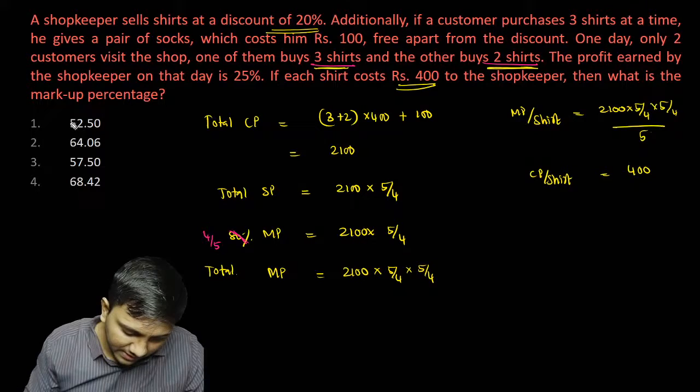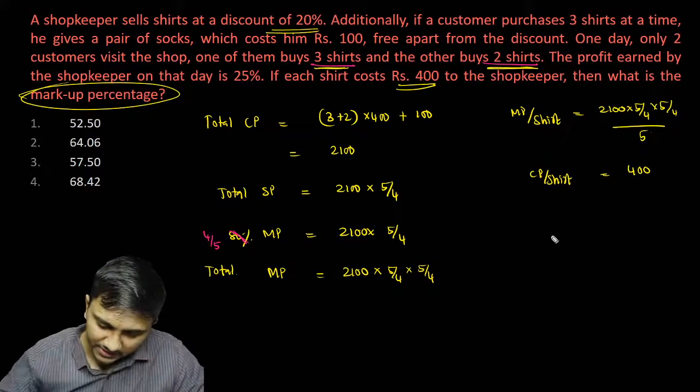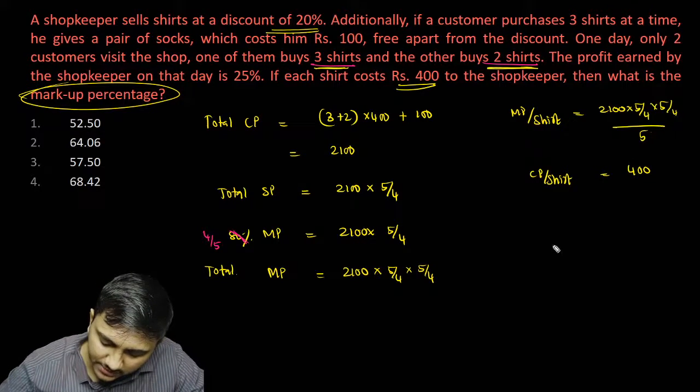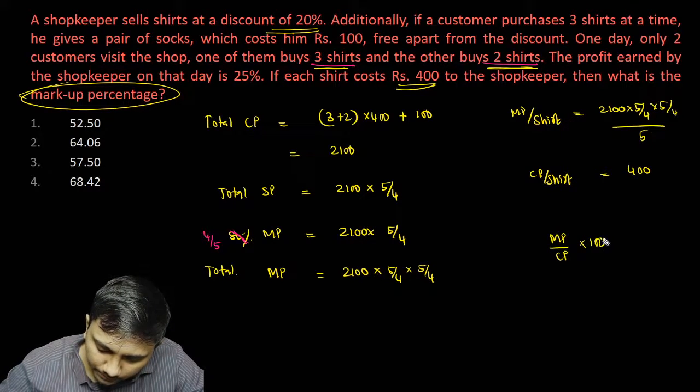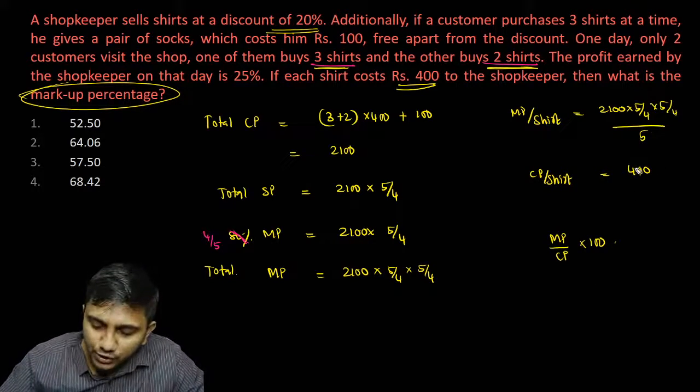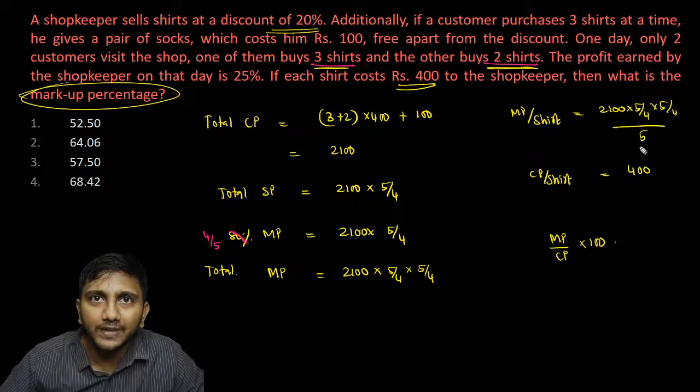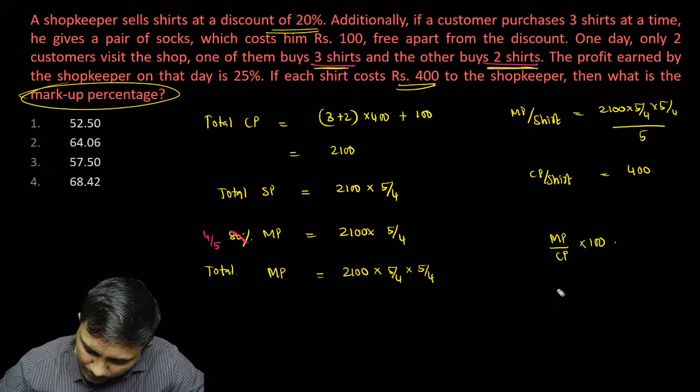Question is finally asking for markup percentage. How do you get markup percentage? Markup percentage is basically MP by CP into 100. So I have to take the ratio of these two, multiply it by 100. That should give me the answer for this question. So if I do that, we will get